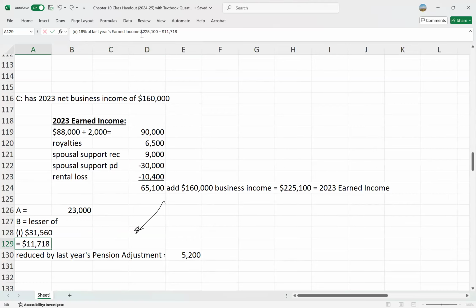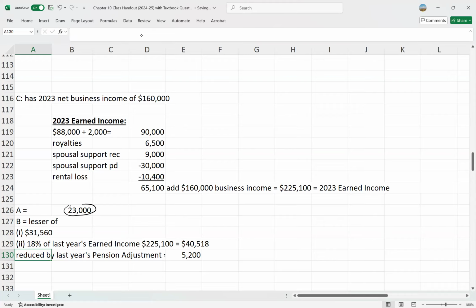225,100. And so 18% of that number will now be 40,518. So we still have the same amount that carried over from last year. B is the lesser of the set amount that's given by the government and 18% of last year's earned income, which is now higher. So the lower number between these two is now going to be the 31,560. We also have to reduce it by last year's pension adjustment. So now the B amount